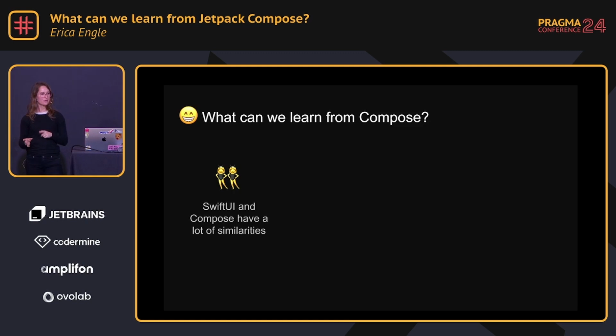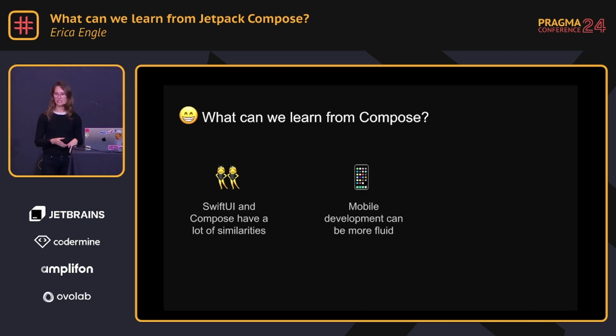All right, what can we learn from Compose, and where do we take this? As you notice, SwiftUI and Compose have a lot of similarities. They may stretch in some areas, but it's good to understand where we're coming from, how these tools are converging, and honestly, maybe it gives you a little bit of an idea that mobile can be a little bit more fluid. Maybe instead of having this idea of an iOS engineer and Android engineer, you have a mobile engineer. And I'm not necessarily saying React Native, I'm not necessarily saying shared code, I'm not necessarily saying combine the whole world, but I actually think having these tools could make it easier for people to bridge across and be two native apps and have developers work across the code base.